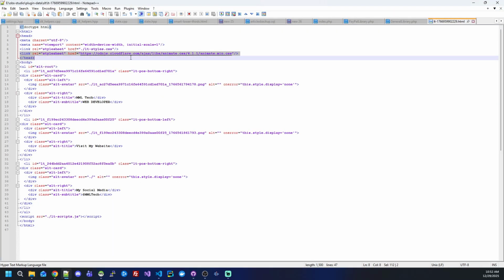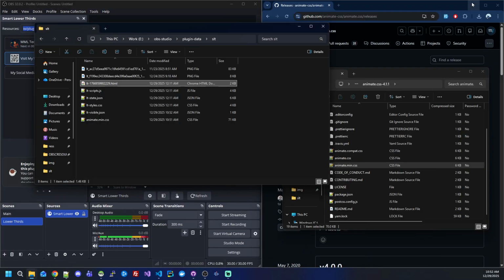As you can see, by default, it comes with the CDN link. So if your laptop is not able to access this URL, your animations for the lower thirds won't work. Okay, now